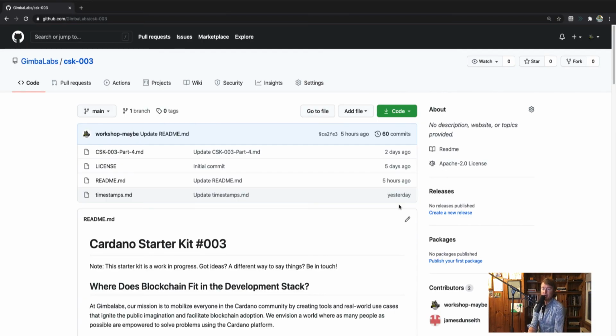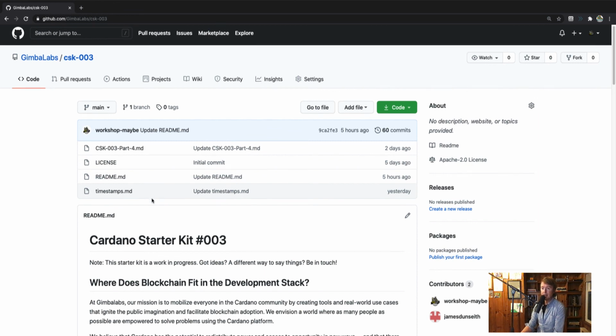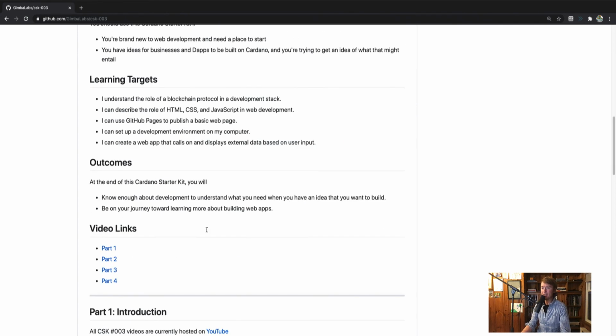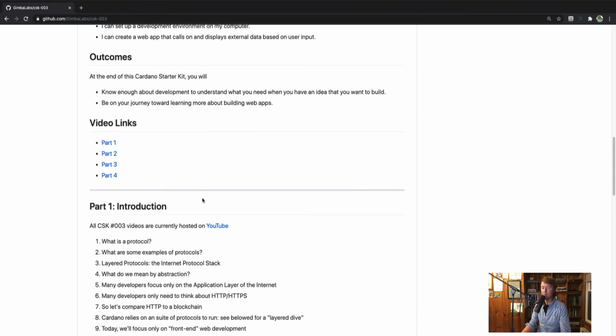On GitHub, you can find the documentation to accompany this video, and I'll share it in the link below. The documentation is really easy to edit. So my goal here is to make changes to this documentation until it's to a point where it's clear that it's the right time to remake this video, right? It's kind of harder to edit an open source video than it is just to change a little bit of text right here. But just to show you what's here so far, there's links to all 4 videos, including the